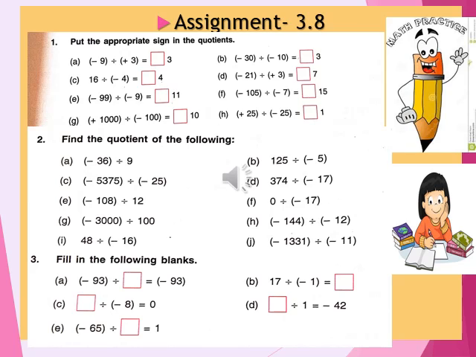It's very easy. You have to write the proper sign, meaning only the sign. And what is the sign convention in division? Same sign, plus; different sign, minus. That is all you have to understand. Same sign means plus and opposite sign means minus. So in the first, you only have to write the sign. In the second, you have to write the sign and also the quotient. And in the third, based on the property, you have to write the numbers.